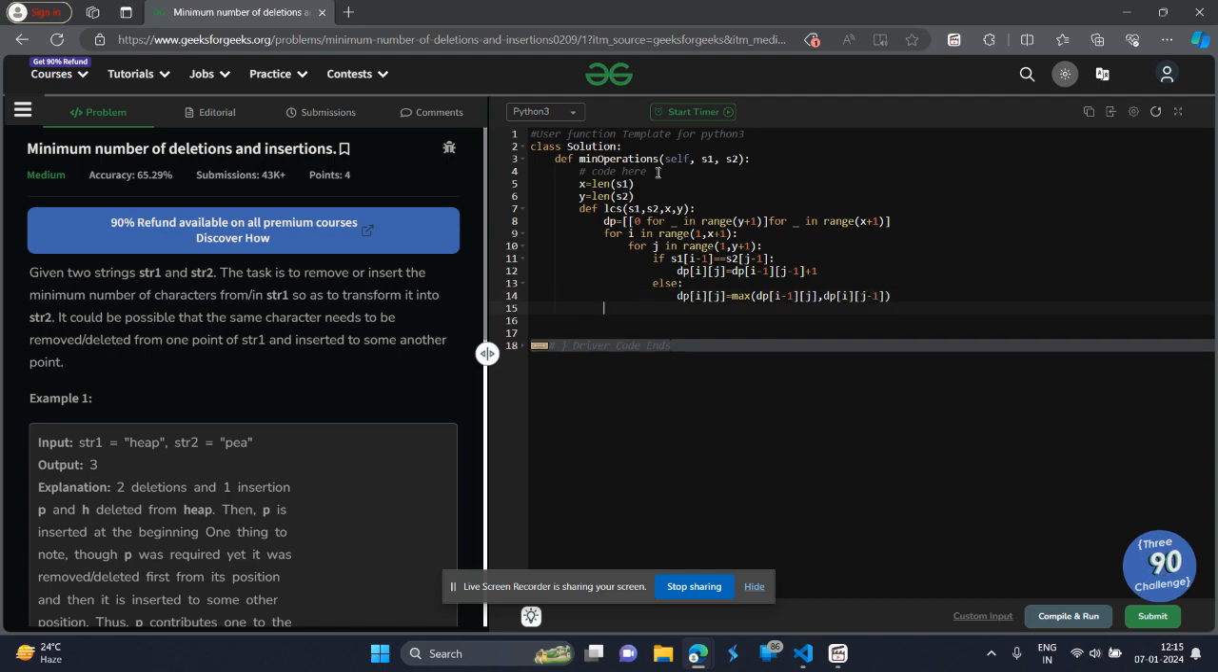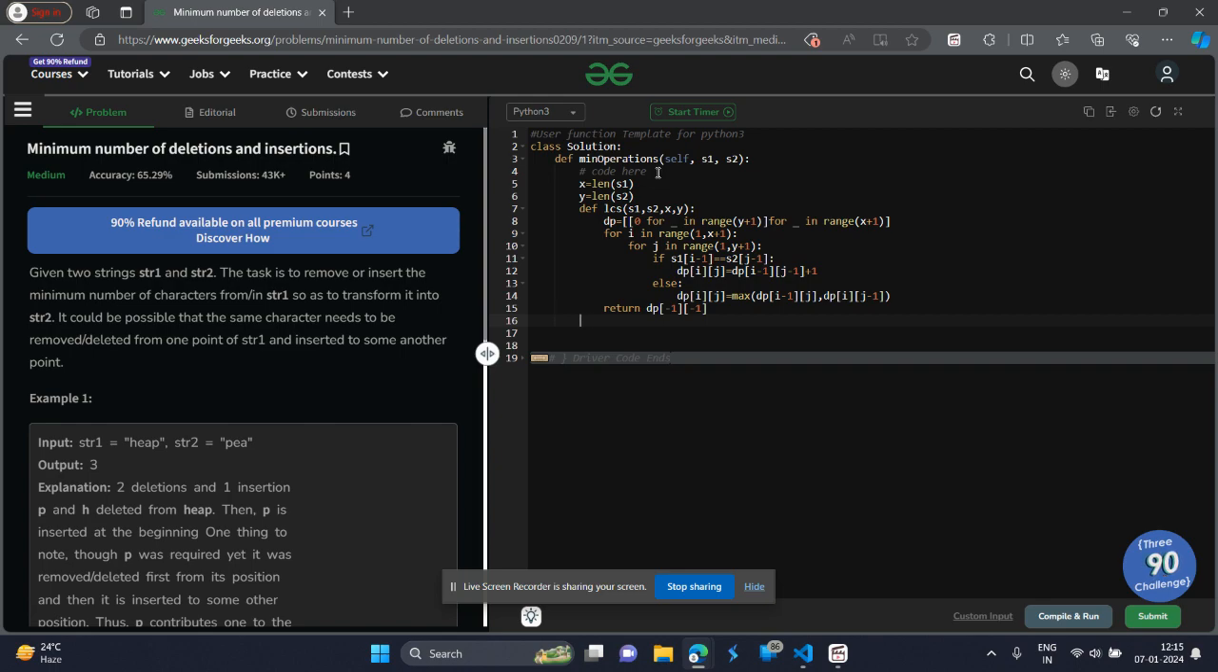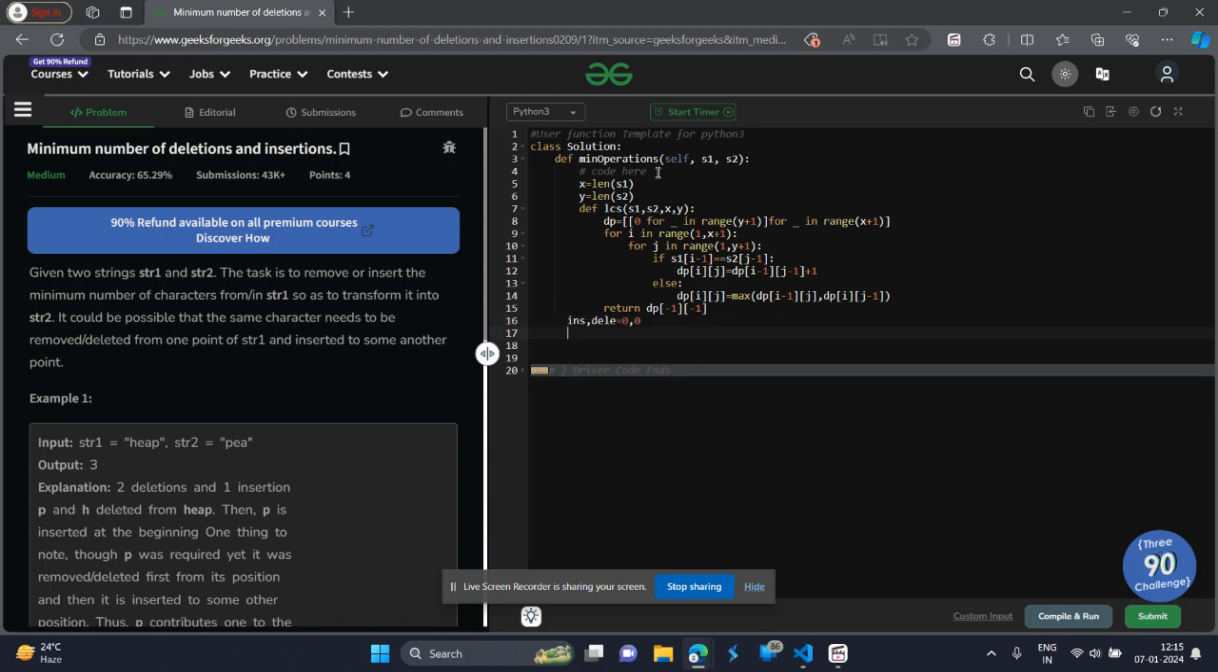Now after we have done that, we just return our DP, the last cell. And here I will create two variables, insertion and deletion, and initialize both of them with 0, since initially there will be 0. Then we will calculate,